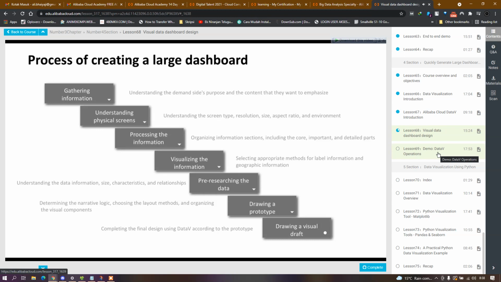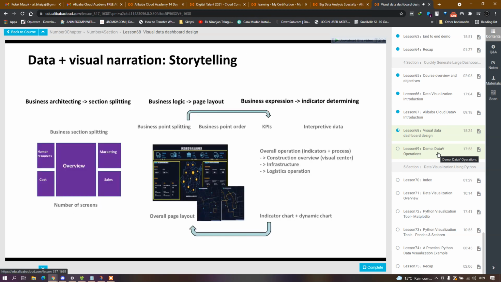So creating a dashboard is more like a design task rather than a technical task. So you should understand this point. Okay, next is about, like we talked, creating a dashboard is more like telling a story. You need to combine the data and visual narration to finish this task. To finish the design part,